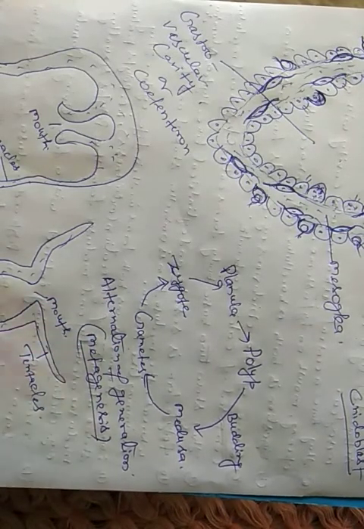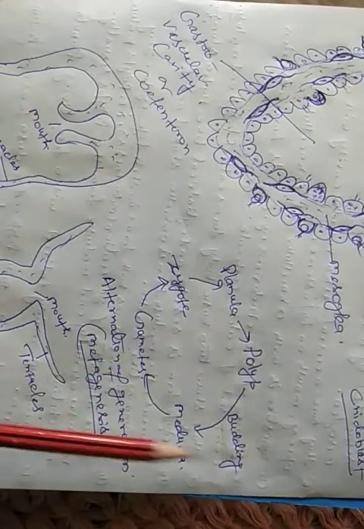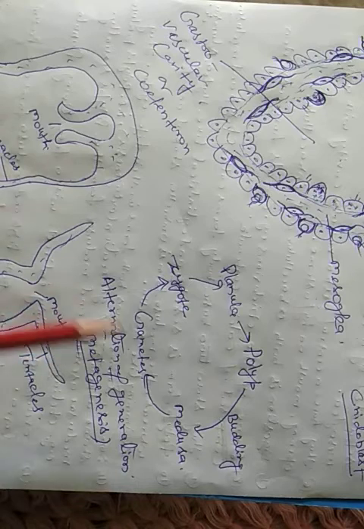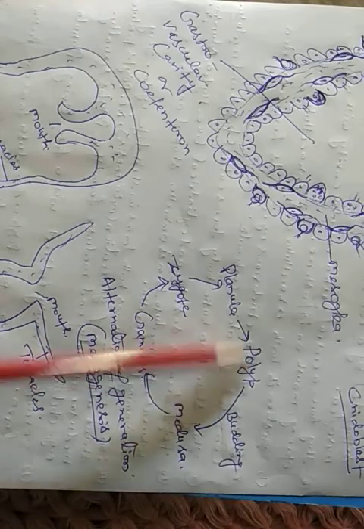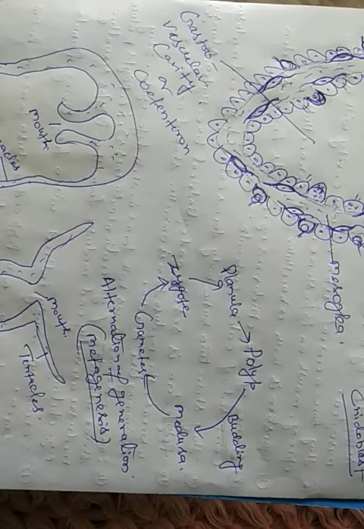That is called the alternation of generation or metagenesis. But this is not the true alternation of generation that you studied in the plant kingdom. In the plant kingdom we define alternation of generation as the diploid generation alternating with the haploid generation, meaning one generation is diploid while the other is haploid. But in the coelenterata, both polyp and medusa are diploid generations. So we cannot say that this is the true alternation of generation, but it shows a similar phenomenon, that is, the polypoid generation alternates with the medusoid generation. This is also called metagenesis.